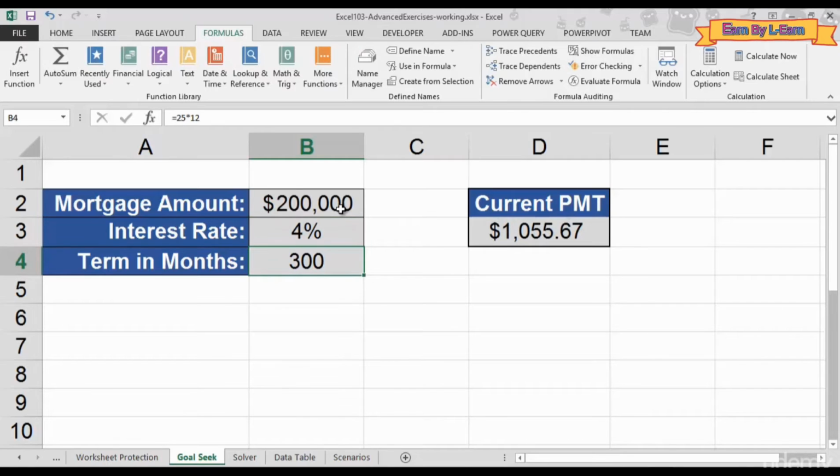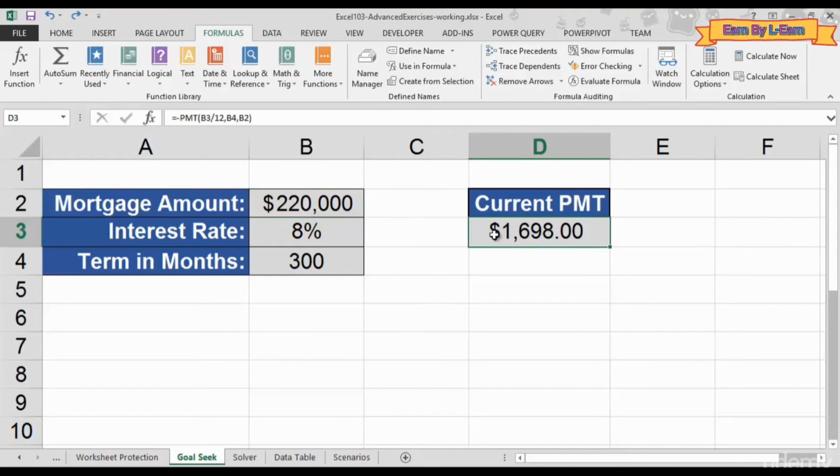But this is me manually going through the motions and adjusting this. I'm going to undo these actions. Now, again, me manually. I don't want to do that. I want Excel to figure this out for me. This is called the Goal Seek. So first step,